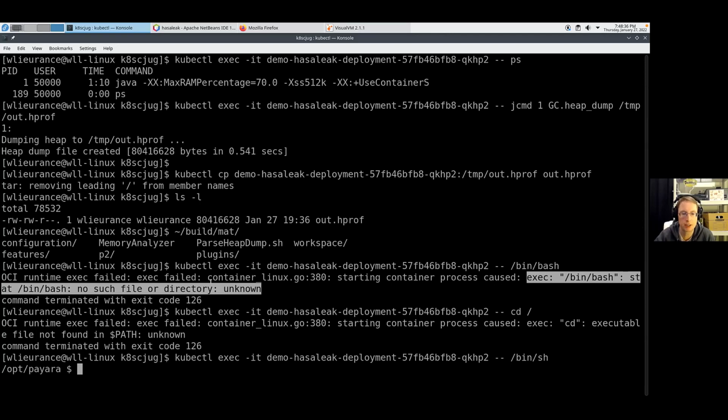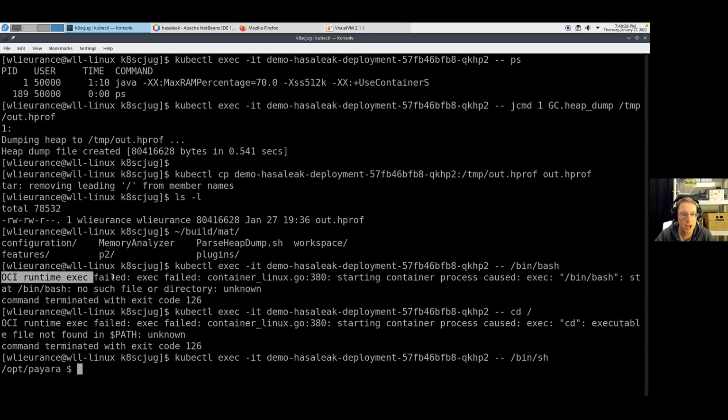But if they're not, it looks scary. OCI runtime exec failed, container linux.go. But it's fine. Just read a little farther. Bin bash, no such file or directory. Oh, it can't find that file. That's okay. Make sure that this is the file that you actually want. So we've got bin sh, and this -it